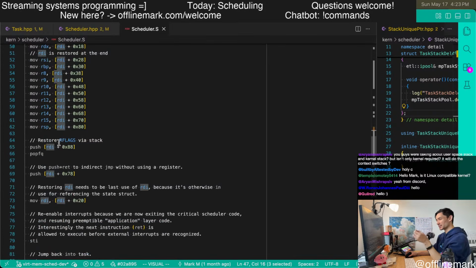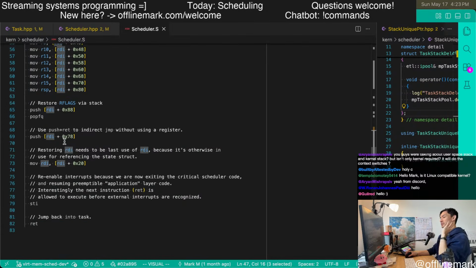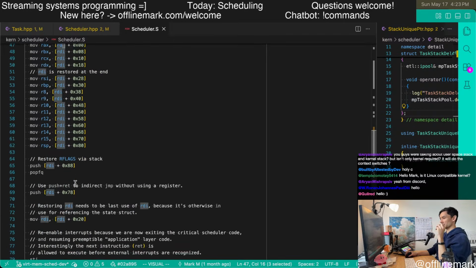We're spilling a few things onto the stack in order to restore them, specifically the flags. And to do the jump back into the task we spill the PC onto the stack and then do a return. There's also this ordering issue where RDI, which is holding the pointer, needs to be restored last.